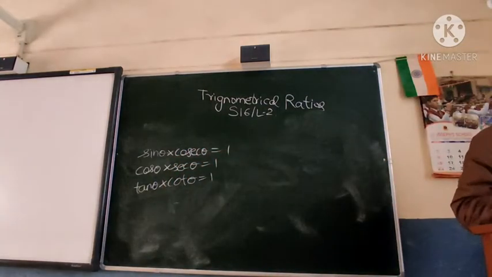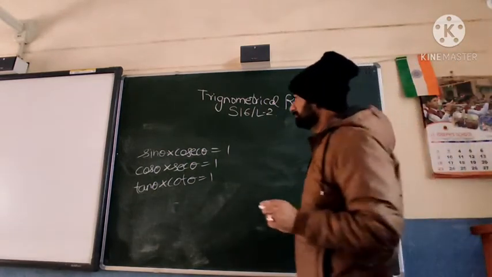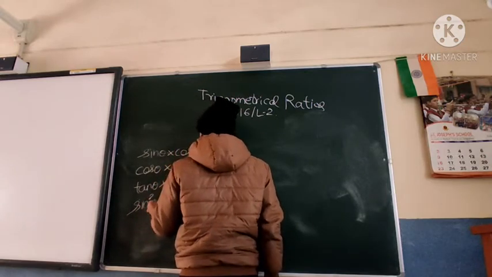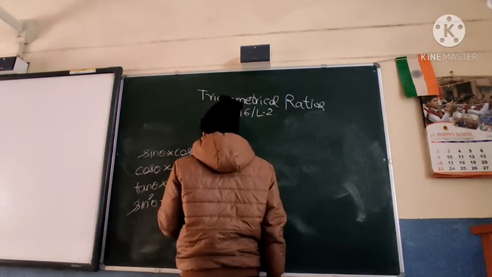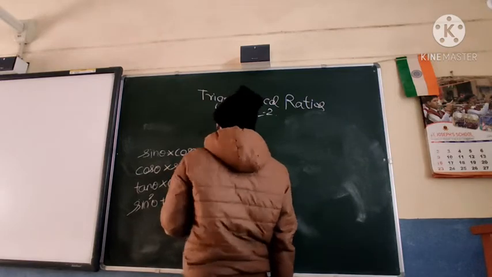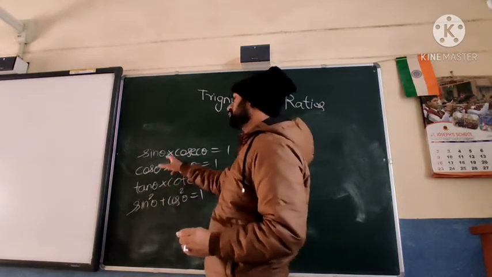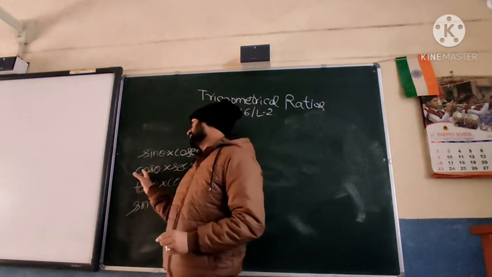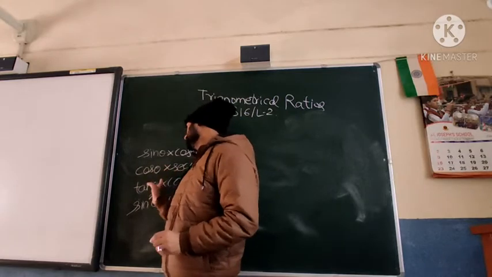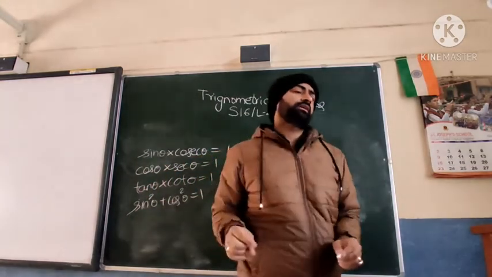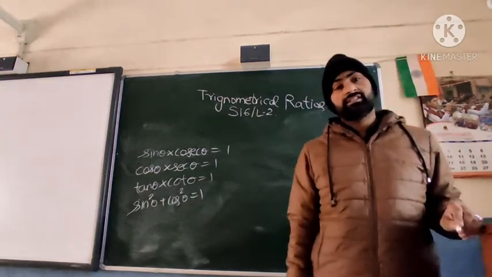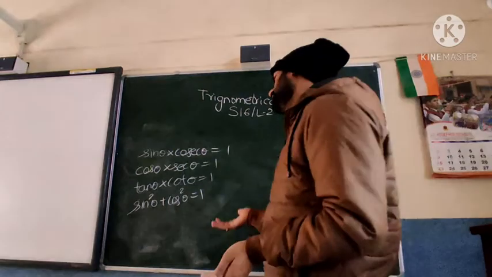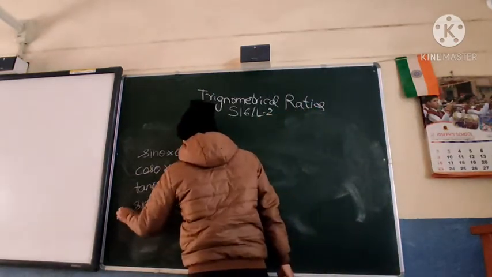See, a lot of formulas are there. Like sin square theta plus cos square theta is equal to 1. Now see, this you need not remember because you must know that cosec is reciprocal of sine, sec is reciprocal of cos, cot is reciprocal of tan. Like multiplicative inverse, the numbers you multiply to get 1. But this formula is new for you, very important.